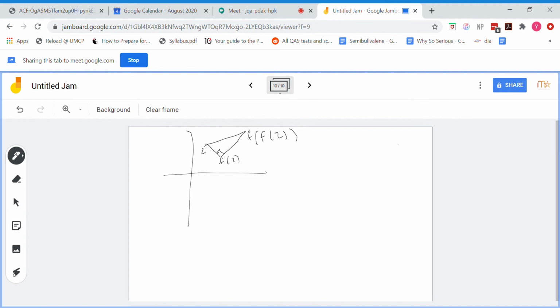Remember I said earlier that the criteria for two lines to be perpendicular is that, if we have two lines AB and CD, (B minus A) over (C minus D) must be a purely imaginary number, right? So it does not have any real part. So let's apply this